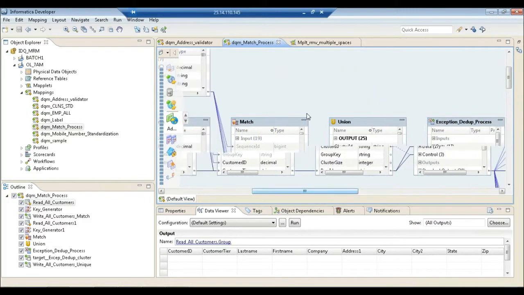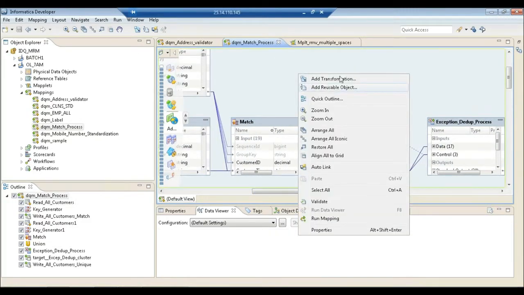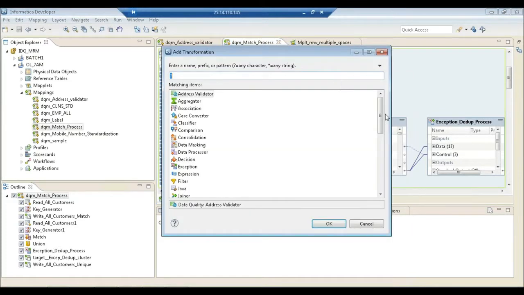As well as there are a lot of options. Just see here. If I have to add a transformation, then see, there are many different things. As you can see, it's basically divided into two parts. One is the old school, I mean, I'm talking about Power Center transformations, so that expression,